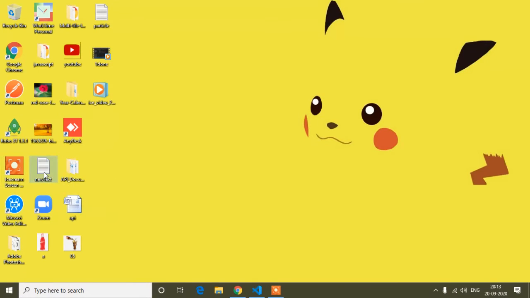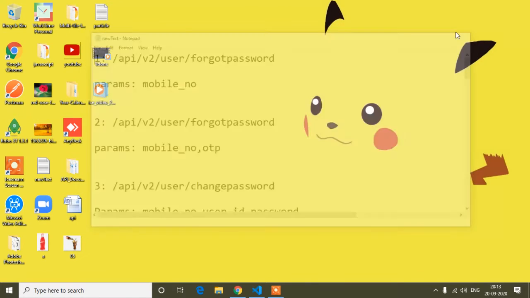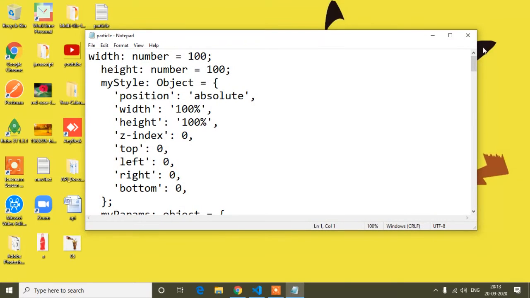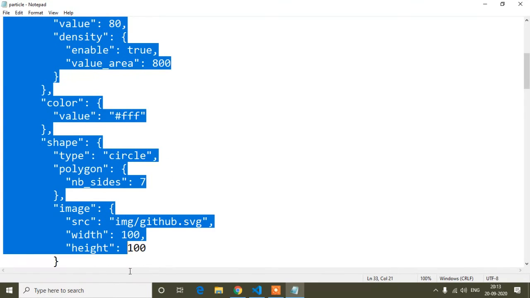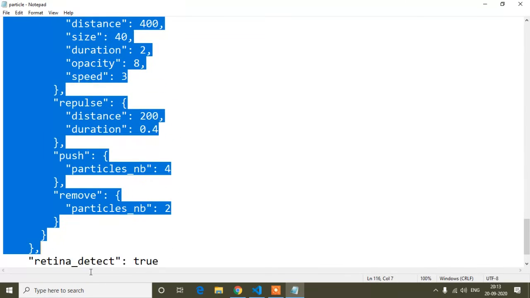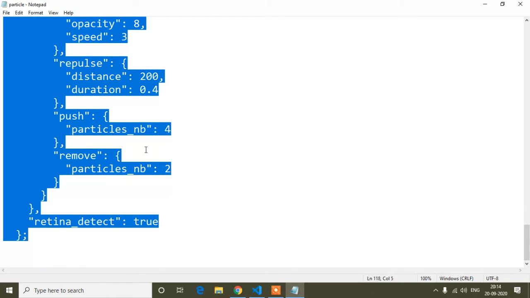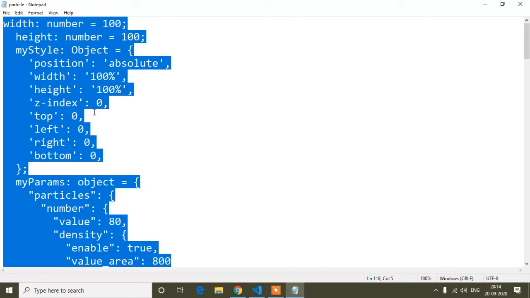Here you can see it's added particle.js, but now it's only added this one. I have written some code for particle. I will add this file link in the description also. If you write this code in your TS file, I modified this code from the particle.js official site.